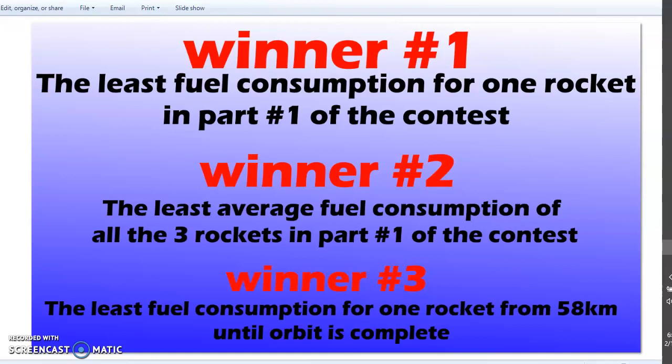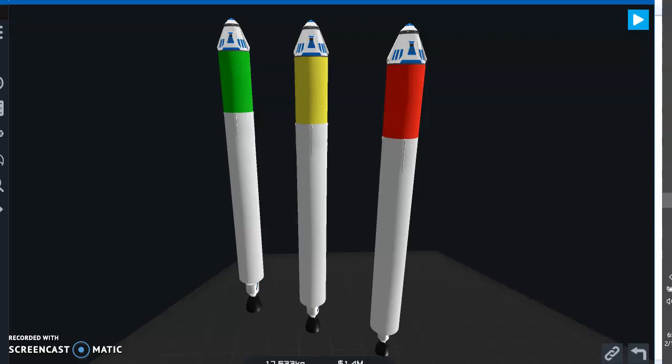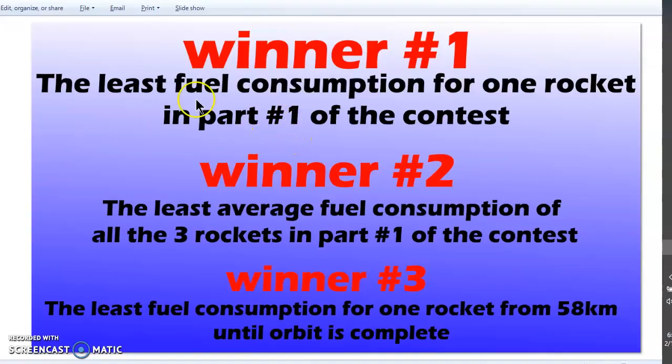There's a red rocket. Let me show you here. This one has 1.5 TWR, 2 TWR, 2.5 TWR. So you will just download this craft, and you'll start programming just any one of them, and then put the program in all the capsules. So the least fuel consumption for one rocket of the 3 in part 1 of the contest. The second winner